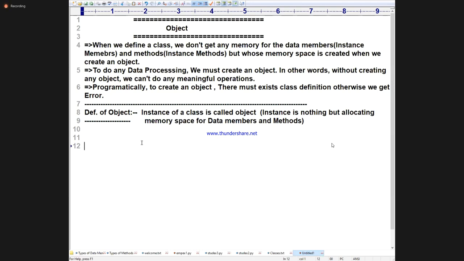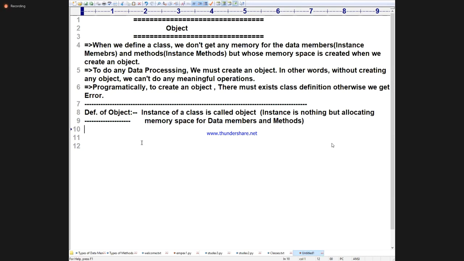Does everybody understand how to face an interview? First, he is asking what is a class. For example, you have to tell what is a class, what is the purpose of a class, the syntax for a class, the definition of a class. How easy it is, how simple it is. Very, very easy, simple. Okay.